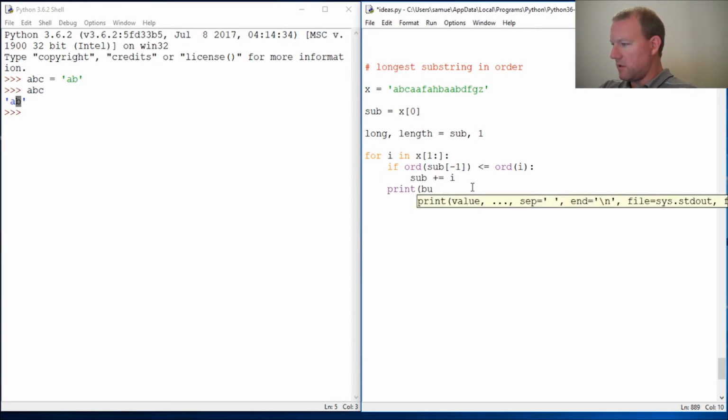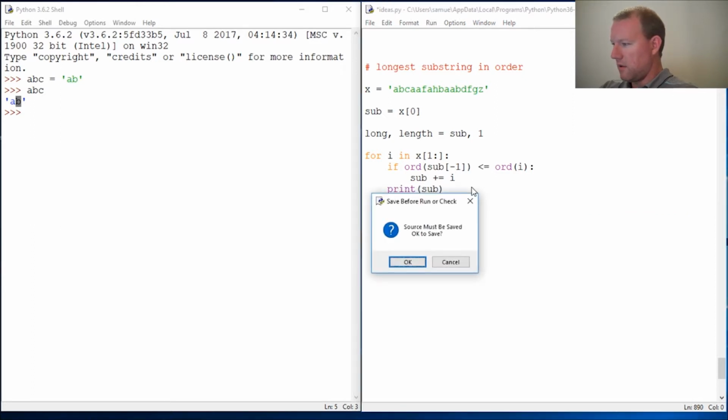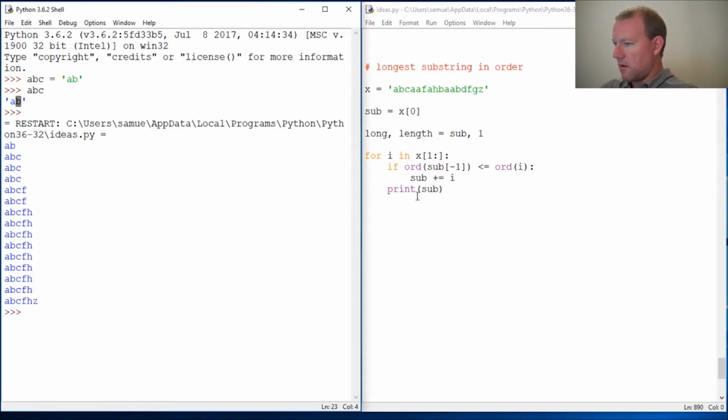And let's just print sub. Alright, so as you can see, this just increments up one letter at a time, and as long as it is not,